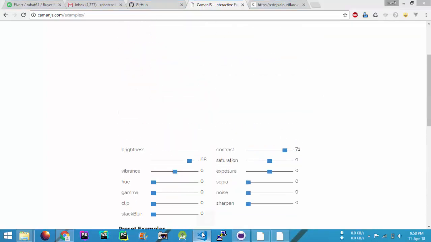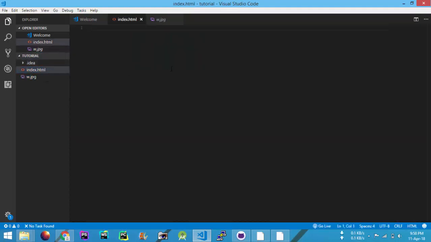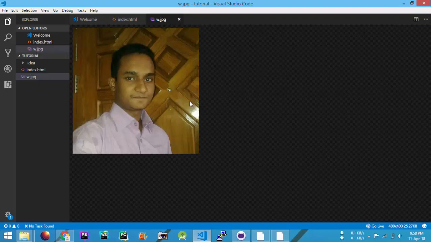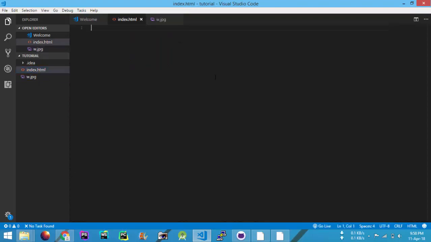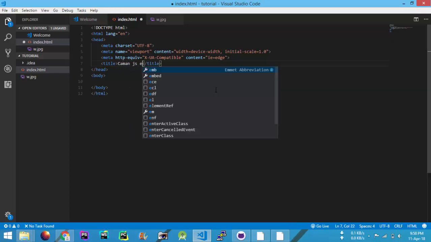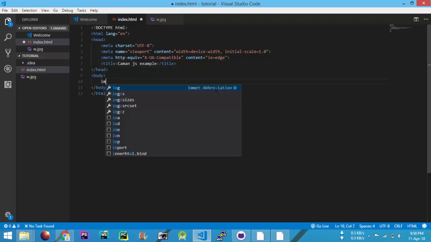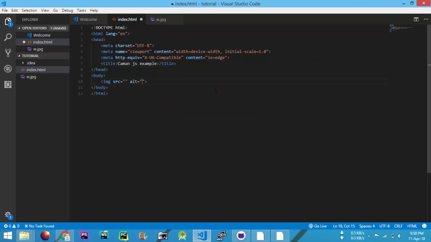So let's try our own. I already created a folder named tutorial, and there is the index file and the image which I will manipulate. So let's start coding. HTML5. So change the title to Caman.js example. So at first I need to include the image, which is